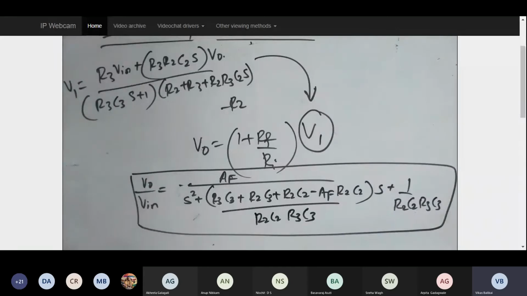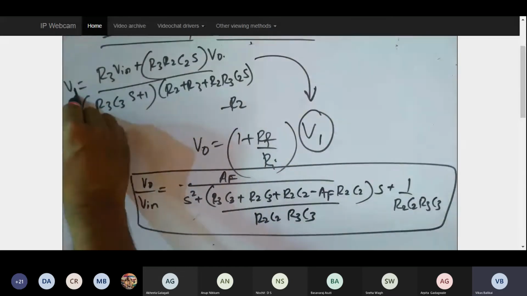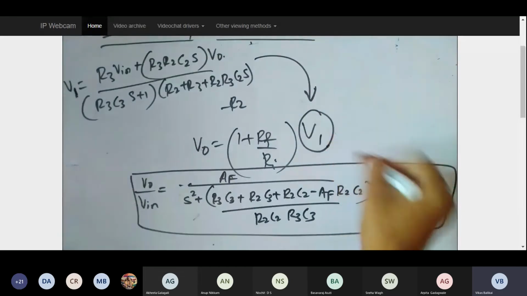You need to first calculate the voltage across V1. After calculating the voltage across V1, extract VA from there, and that VA value I substitute in the equation I had written first using Kirchhoff's current law, and when I simplify, I get V1, the final V1. This final V1 you are going to substitute in your main equation, and if I do the substitution, this is what you are going to get.